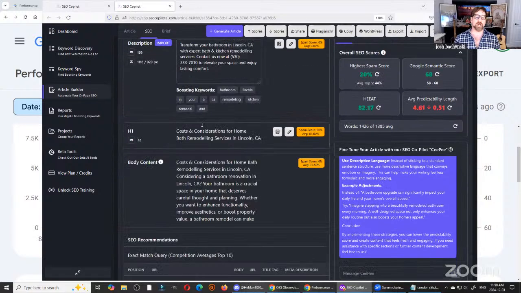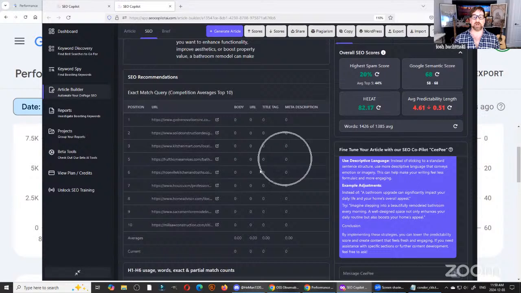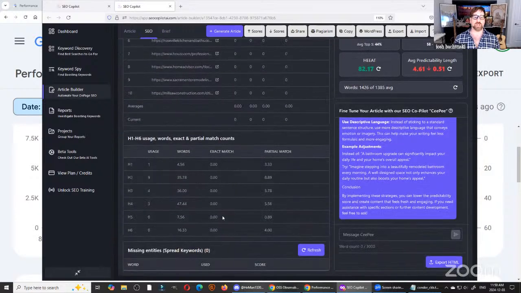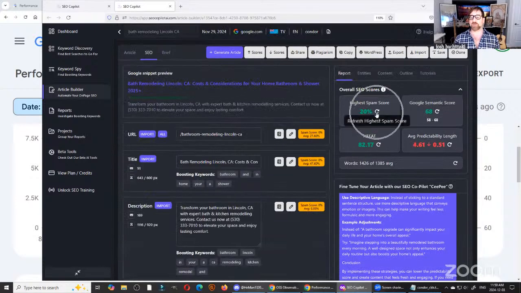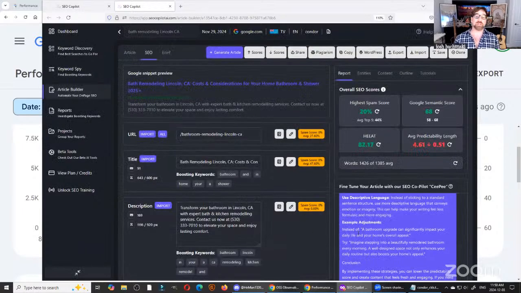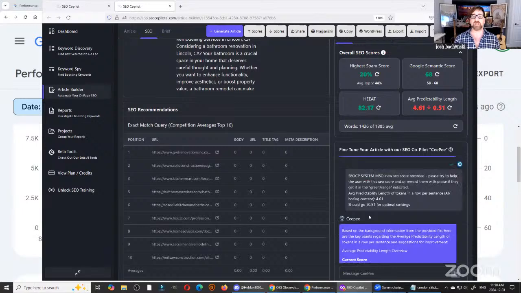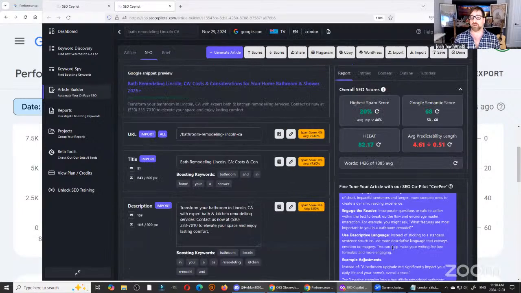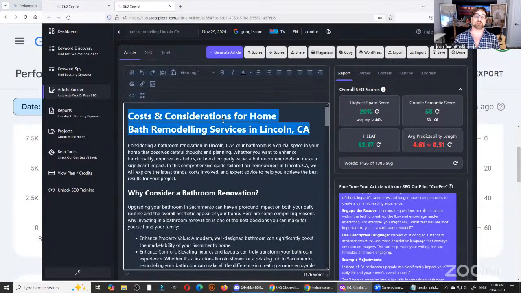Being too SEO-ish. And again, none of the competitors are, so they're not using the EMQ in any of these areas here. And they're not using it in the headings either. They've only got partial match in the headings. This is the new standard of SEO. You're going to see again and again that my spam scores, the AI is going to read it for you like an SEO consultant, and it's going to say, hey, don't do this. And then ask CP, how do I fix it? It'll tell you how to fix it. I took one of the CP examples and plugged it in there, and boom, that's how I got the perfect H1 tag for this particular thing.